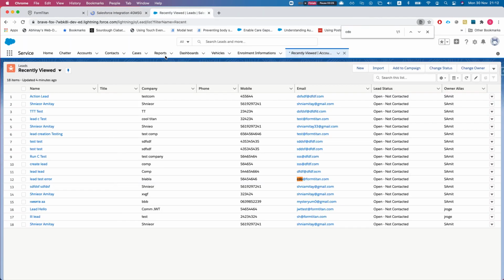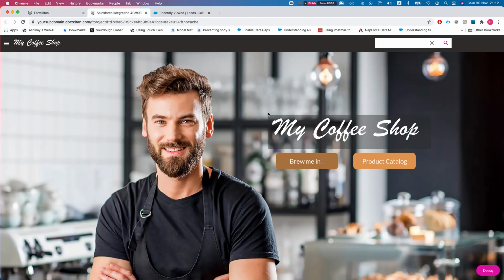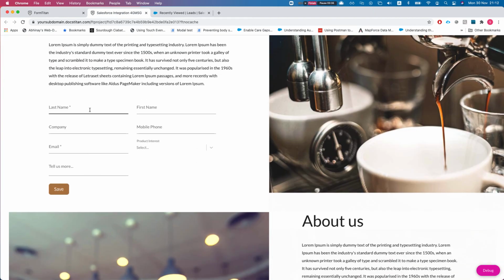All right, so this is my Salesforce with my current leads. And let's first try and create a new one. So we'll see how the if not found create works. So this one, we'll do create from update, and we'll do